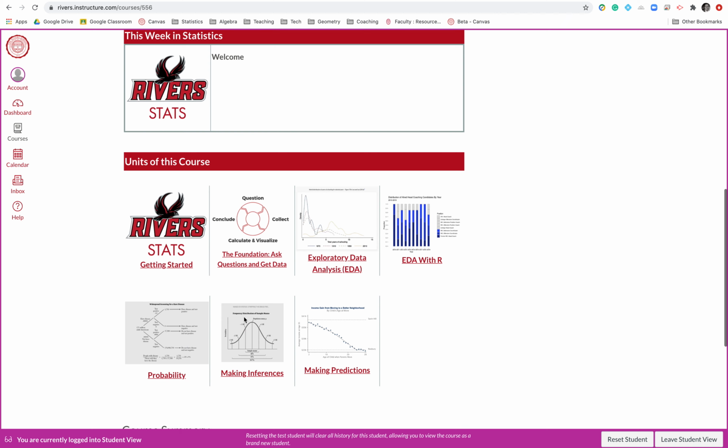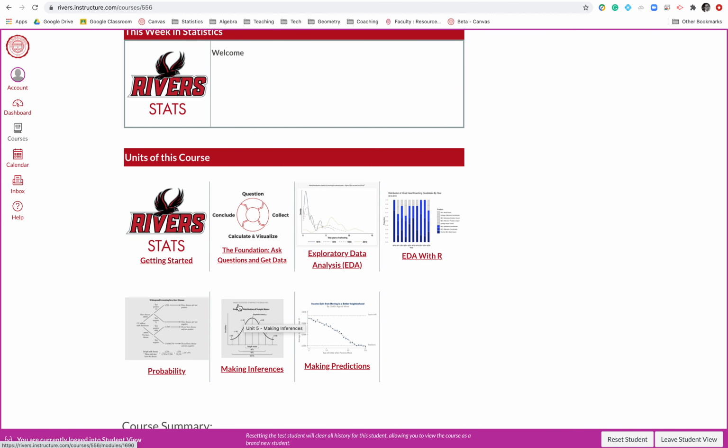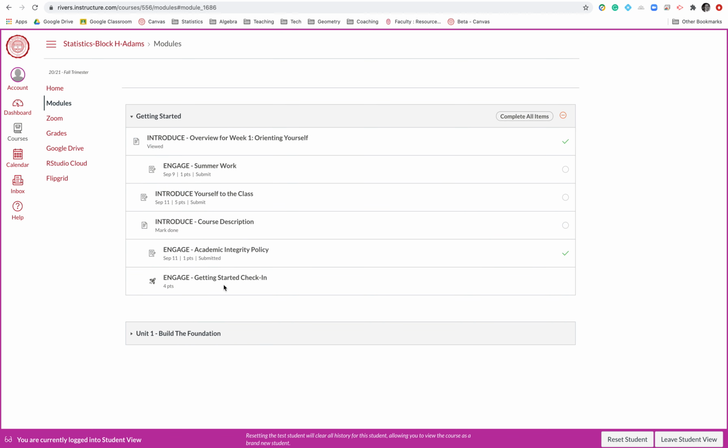At the bottom of the page, you'll see the units of the course, and they'll go from the first, second, third, fourth, fifth, etc. And you will not only be able to view what those particular units are, but all of these images and the text are clickable, so it'll take you right to the resources and the materials within each of those particular units. So if I want to get started with statistics, I'll hit Get Started, and it takes me right to the unit and then all the items within that particular unit.